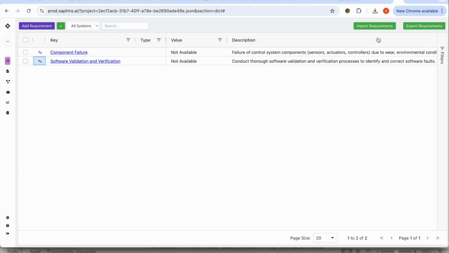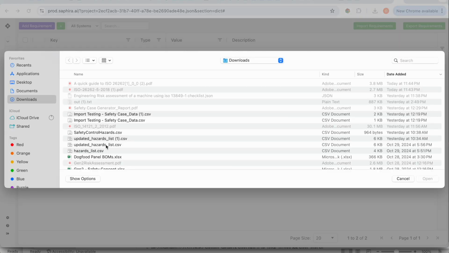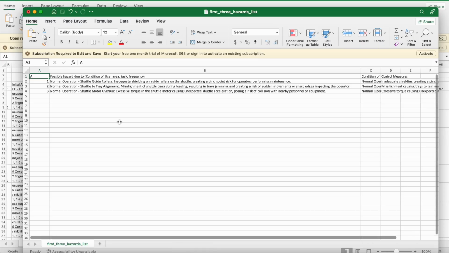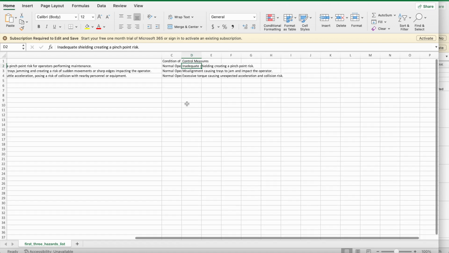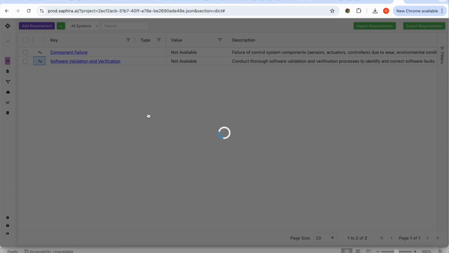And here we've done the same thing actually. And now I'll import a real safety case that companies will develop as they're going through their robotic life cycle. And we'll import this here. And we'll see that in this case, this is just meant to be a high-level overview of the hazard along with the control measures. And so in this case, these control measures do not have any sort of citations, are not linked to any sort of regulatory standard. And so in the background, our agent is actually doing the same thing here now. It's taking these control measures, it's taking these hazards,